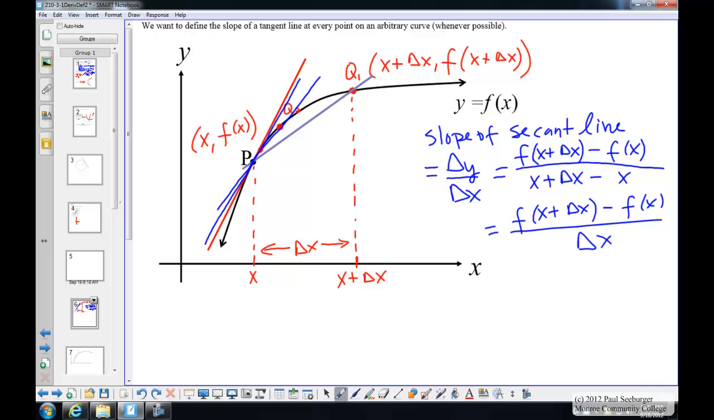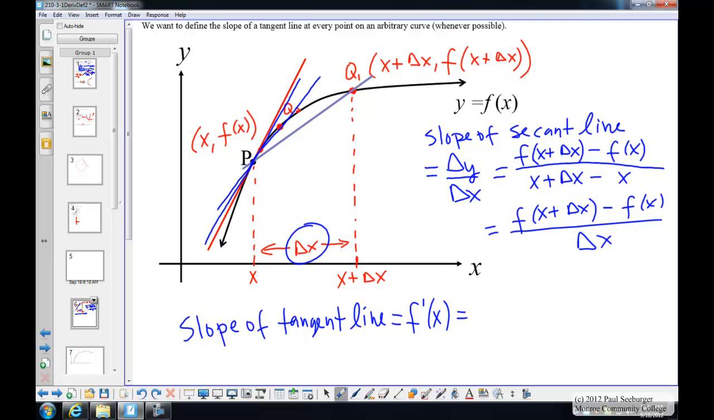Change in x is changing as we move the point q closer and closer to p. And what's it going to? Going towards 0. So let's see if we can figure this out here. The slope of the tangent line, which is equal to what we're going to call f prime of x, the derivative of the function at x,